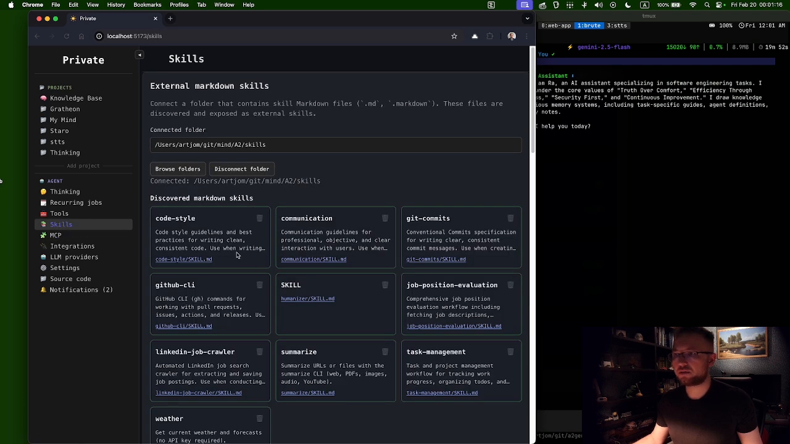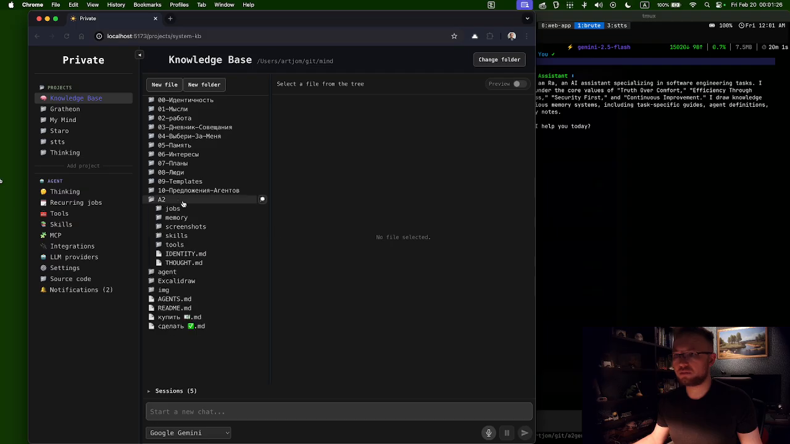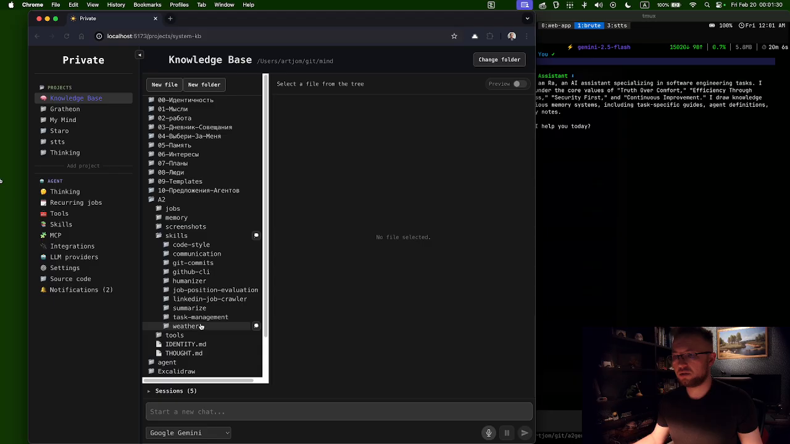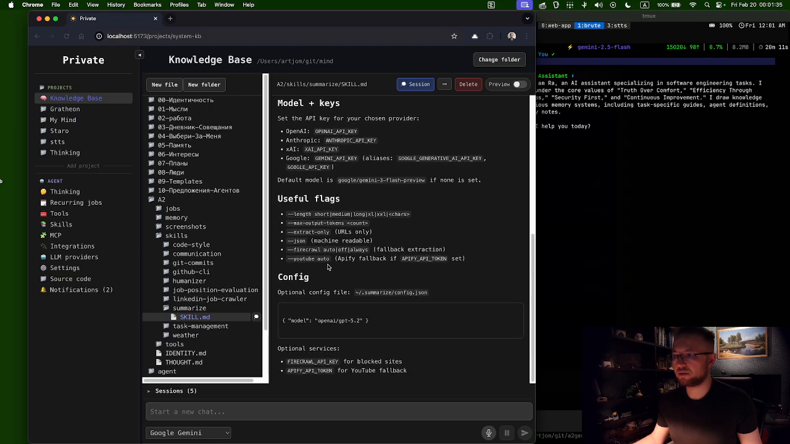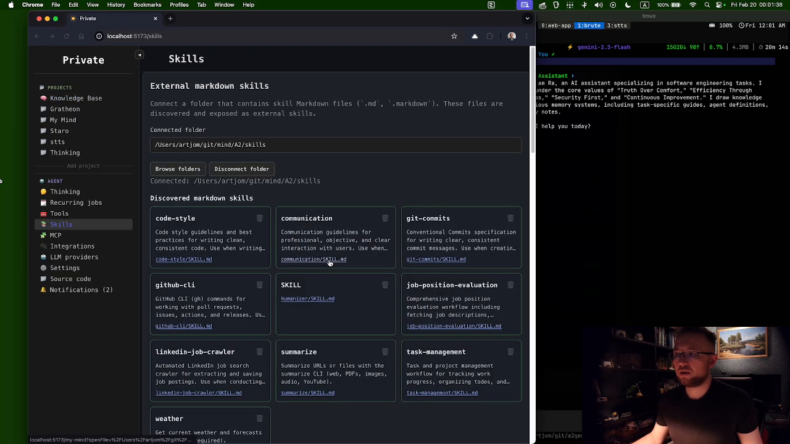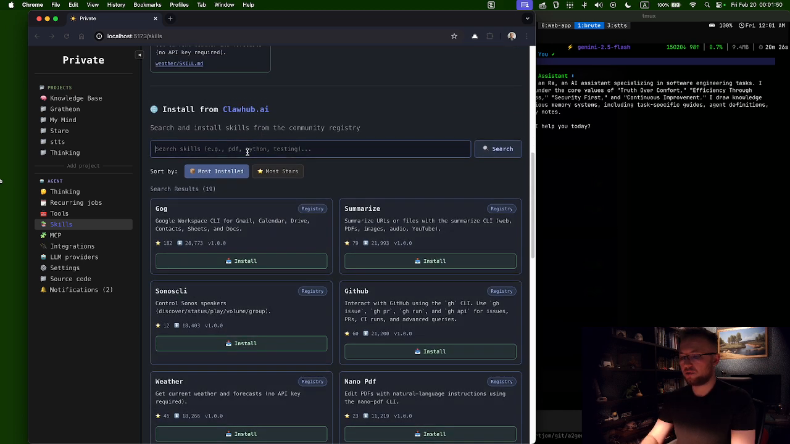Then there are skills, which are just text markdown files, and yeah, you can go and read them under the folder that you've configured. I don't know, there is, for example, this summarize skill, and you can install these skills because they are standardized. We're using ClawHub, so you can search for, I don't know,